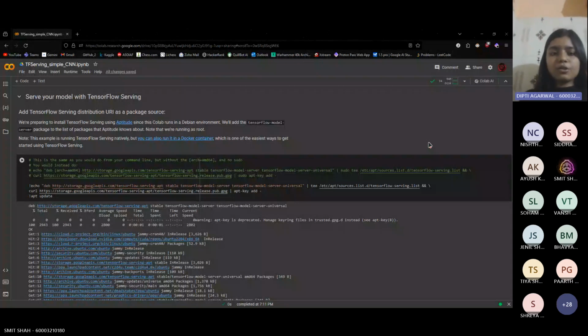We are using apt here because it is supported by the Colab environment. So the code adds the TensorFlow Serving distribution URI as a package source and adds the TensorFlow Serving public key to the list of trusted keys. Then it updates the package list to include the TensorFlow model server package. So after installing all the packages,